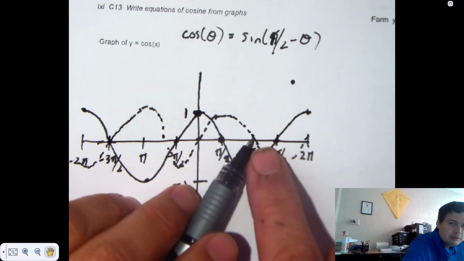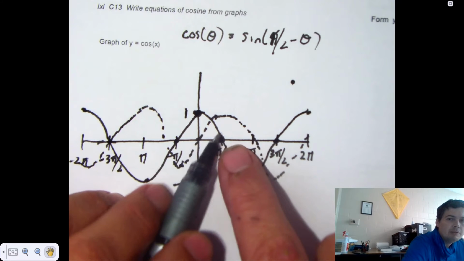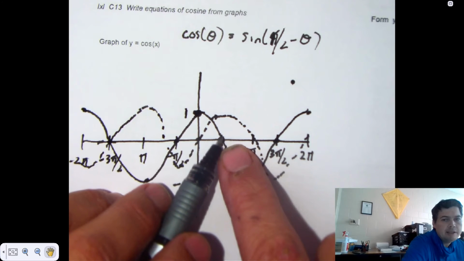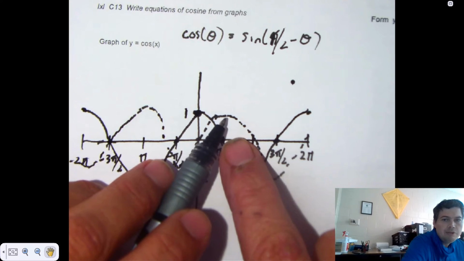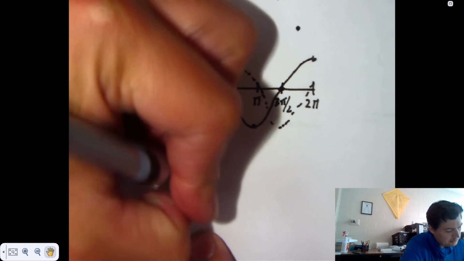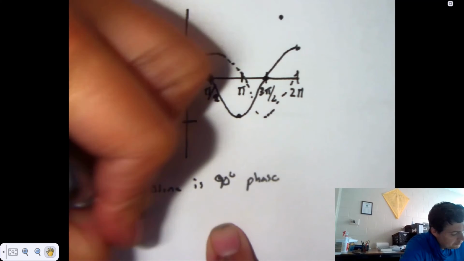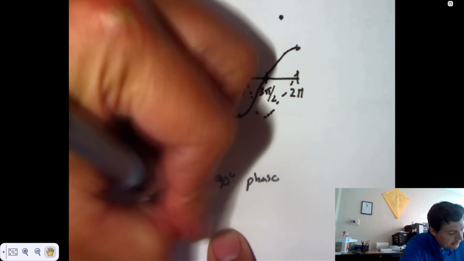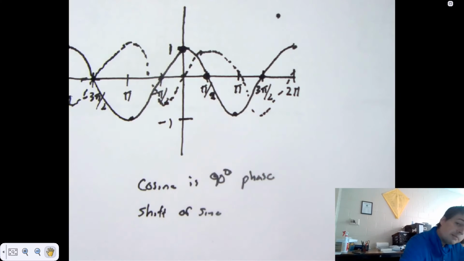Surely you kind of see that you could take this graph of sine and shift it 90 degrees and it would line up with cosine. And that's kind of the deal. Cosine is nothing more than a phase shift of sine. Cosine is a 90 degree or pi over 2 phase shift of the sine function. That's the relationship between them. The truth is, it doesn't matter if you graph a sine or cosine function, they're the same thing. You just have to include a phase shift. In fact,